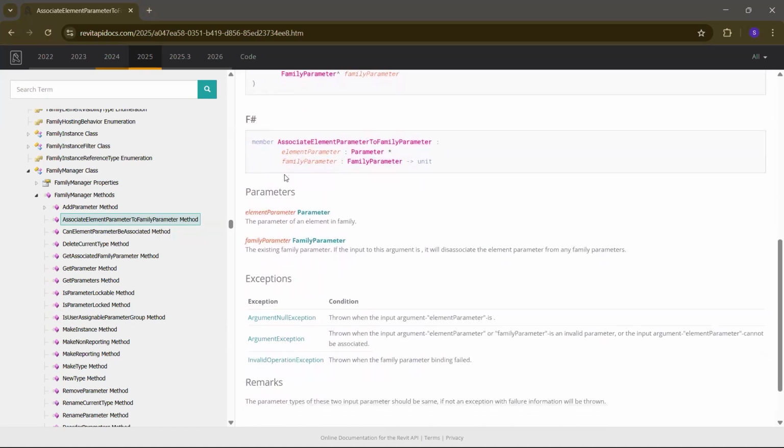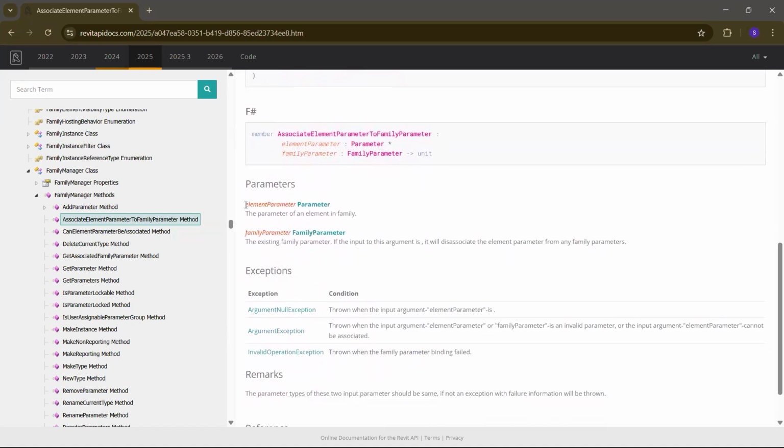This method accepts two inputs. The first input is called element parameter. This refers to a parameter on a nested family element that has been placed inside the host family. It could come from a nested instance or a nested type that is actively being used within the host family. The second input is family parameter. This is the parameter defined at the host family level, the one that we want to use to control the